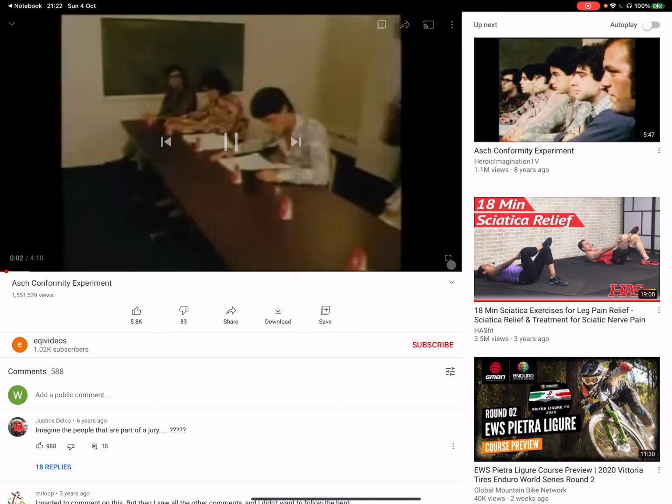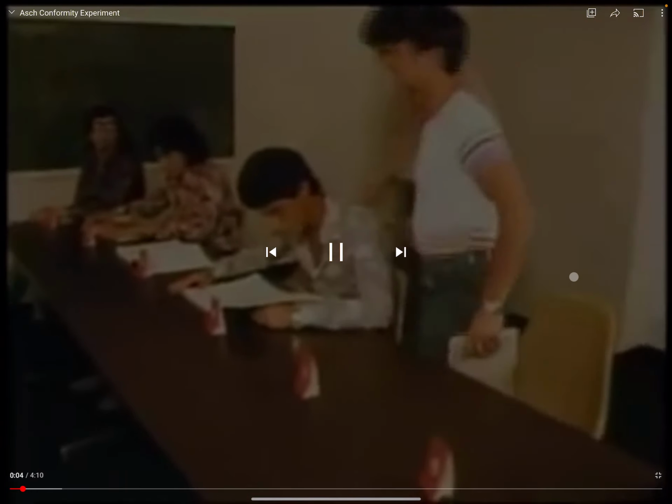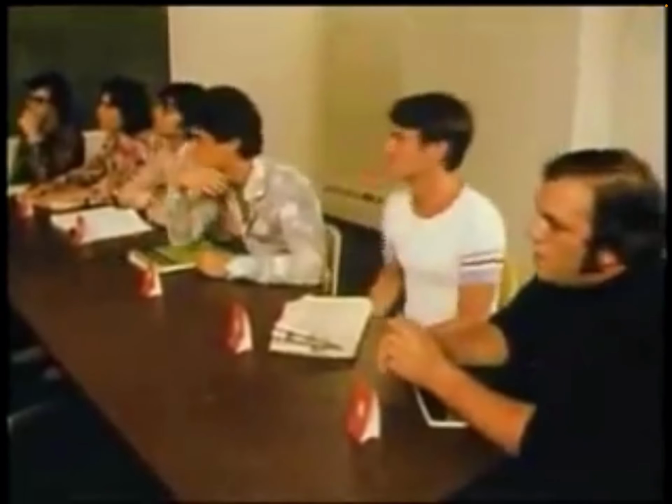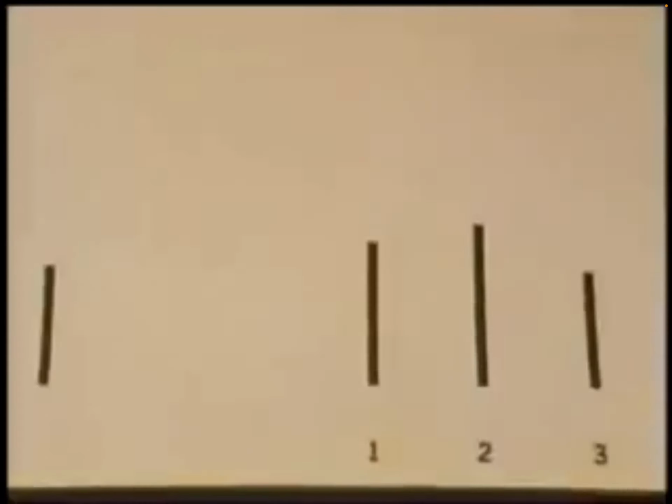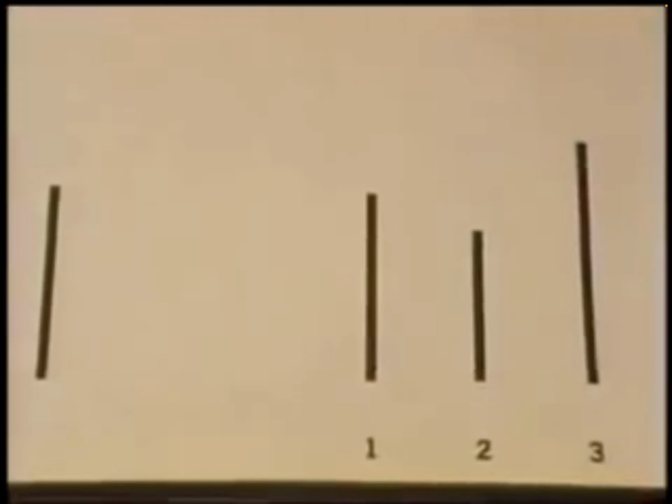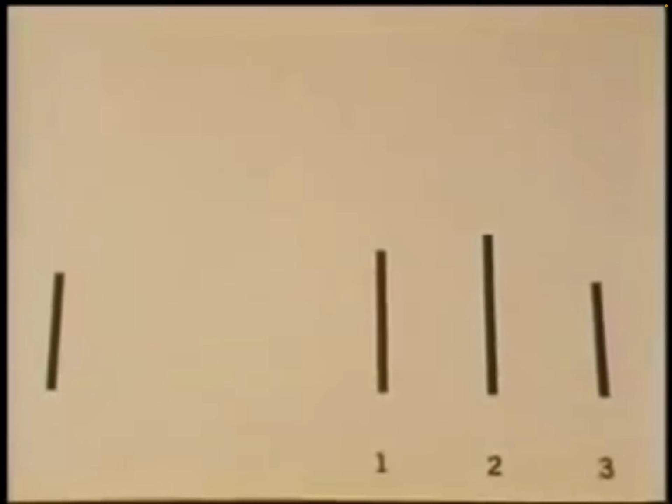But an experiment is not a public opinion poll. It examines behavior under the pressure of social forces, as the experiment of Solomon Asch reveals. The experiment you'll be taking part in today involves the perception of lengths of lines. As you can see here, I have a number of cards, and on each card there are several lines. Your task is a very simple one. You're to look at the line on the left and determine which of the three lines on the right is equal to it in length.